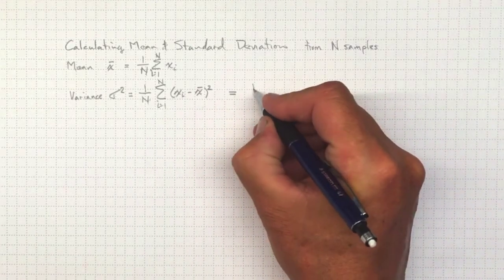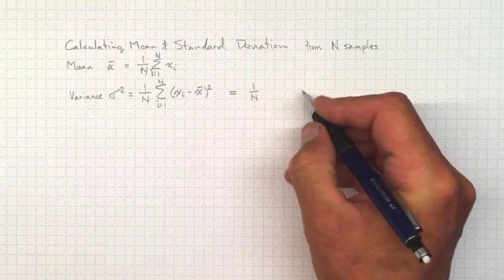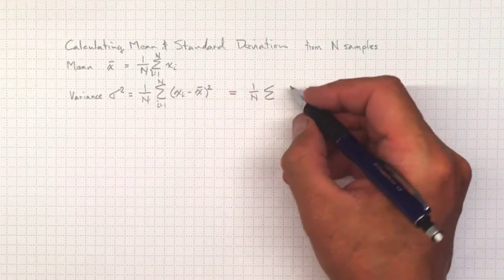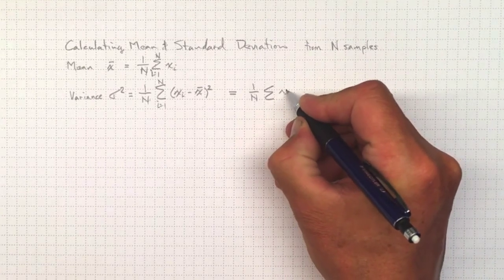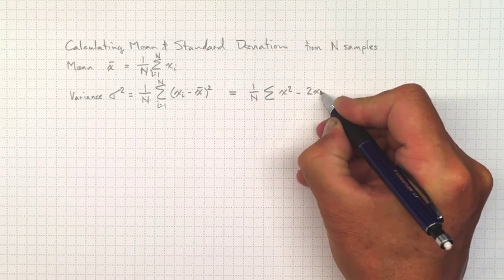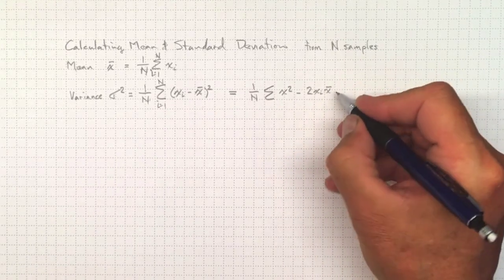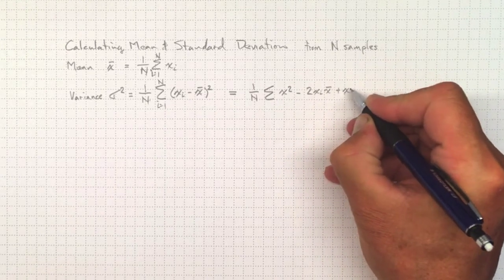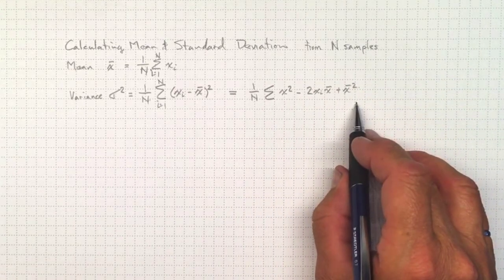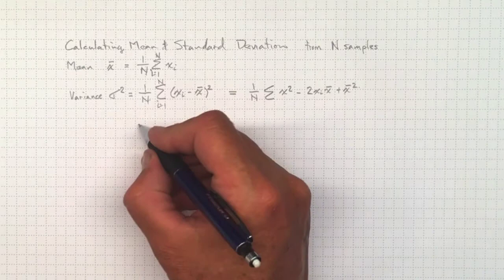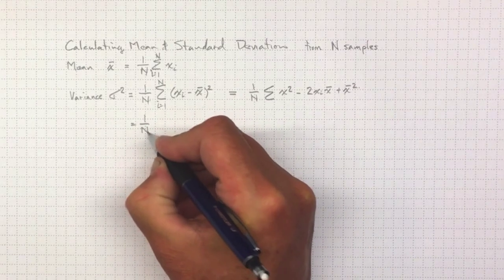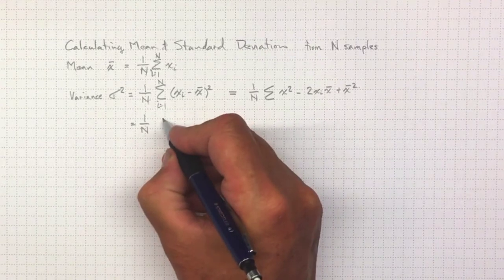So when you add those up, in fact, we could do that square inside that summation, and we'd get 1 over n times the sum, and I'm going to drop these indices here just for ease of writing, of xi squared minus 2 xi x bar plus x bar squared. So we're summing all of these. Now, if I write that again, I'll get 1 over n, and we're going to have the sum